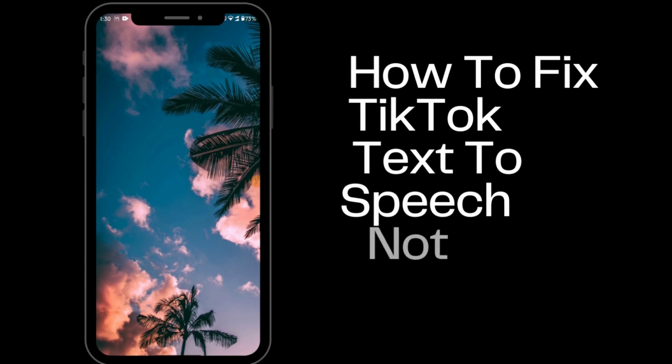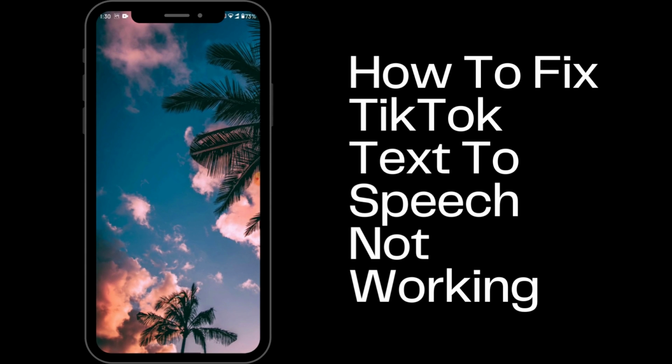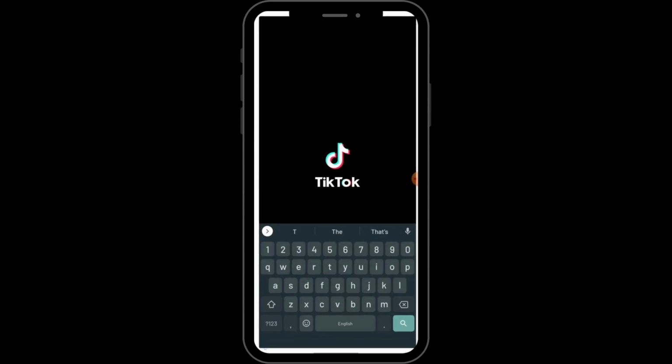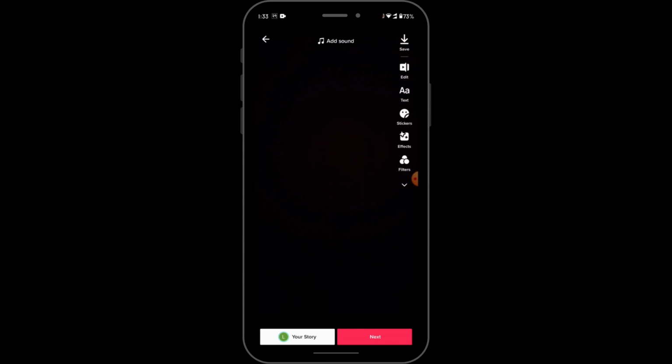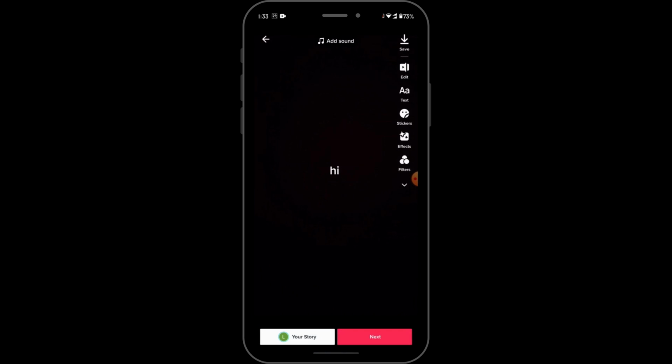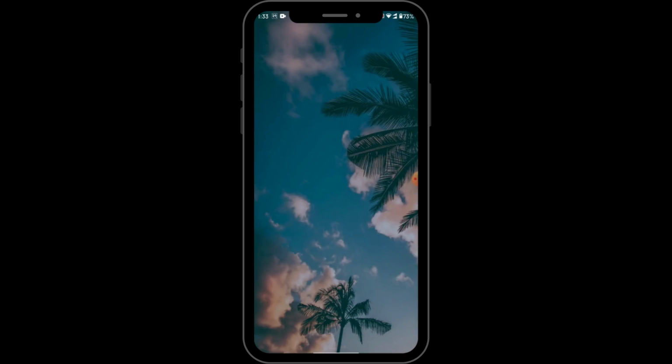How to fix TikTok text to speech not working. So if you open up your TikTok now, if you choose a video and try to add a text, and after that simply tap on that, you will have an option which says text to speech. So tap on that. So if this is not working on your TikTok, then all you have to do is